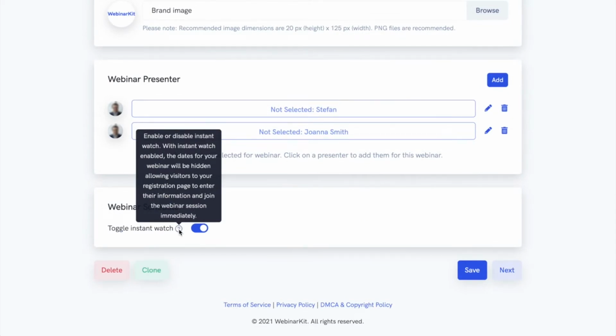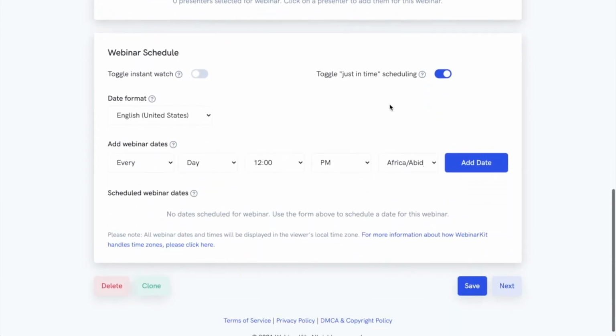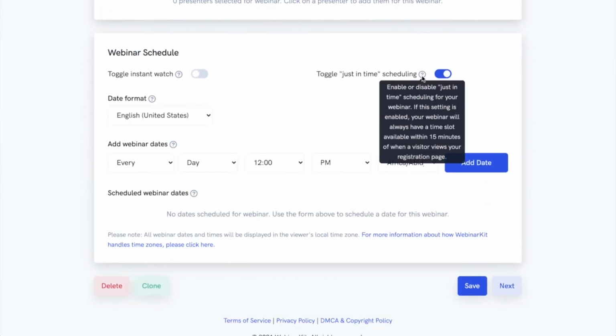watch. With instant watch enabled, the dates for your webinar will be hidden, allowing visitors to basically go to the webinar session immediately. This is great if you want people to just skip over a pre-selected time and go directly into the watch room. We also have just-in-time scheduling, which means that it will pop up a slot within a